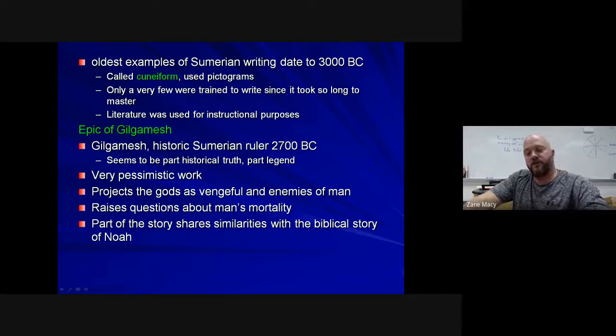There are some things within the story of Gilgamesh, actually a story that is told to him by someone, that sounds almost exactly like the story of Noah out of the Bible about a great flood. And the funny thing is that in addition to being a biblical story, in addition to showing up in the Epic of Gilgamesh, there are different cultures throughout the Middle East that, even if the chronological order is off a little bit, a lot of different cultures share this great flood story in one way, shape, or form.